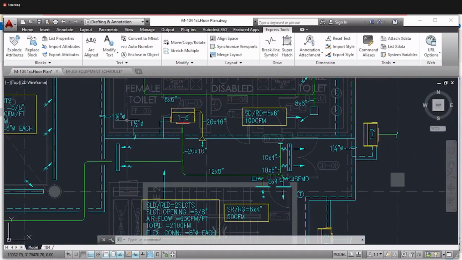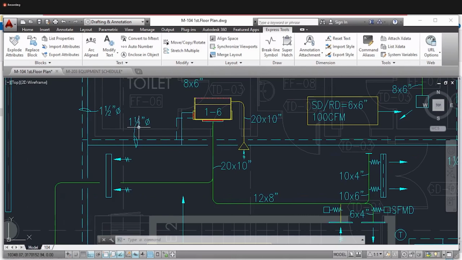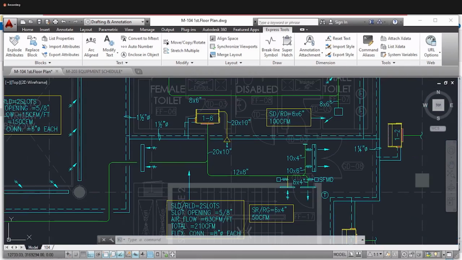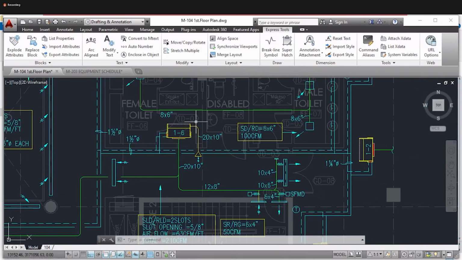Like this, we can calculate this also. This is 1.5 inch, no? We have to take this unit into account also. So the GPM will increase and the pipe size will also increase. So we will see this example also. Okay, let's cover it.